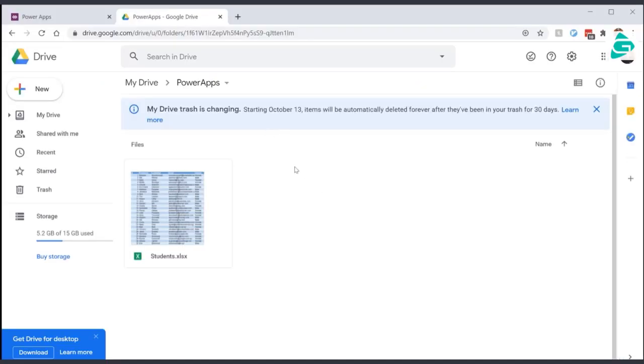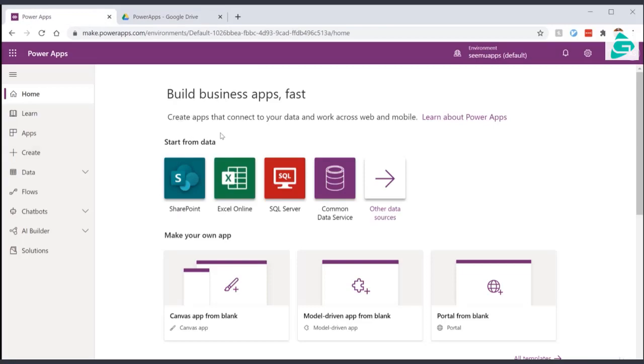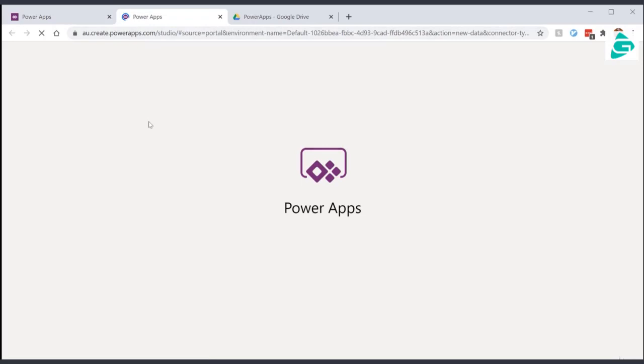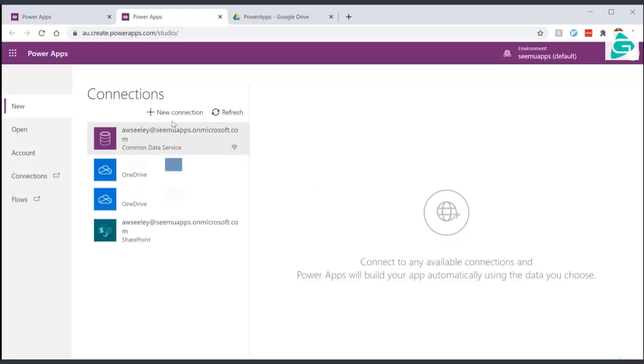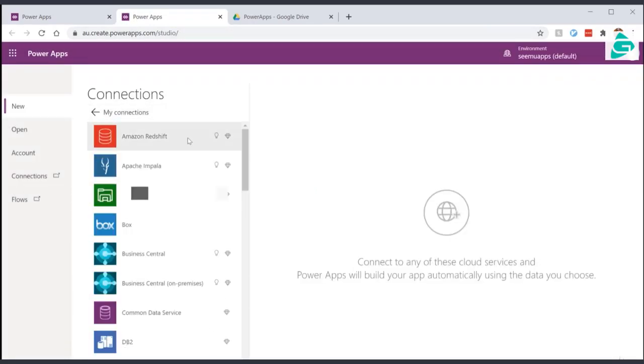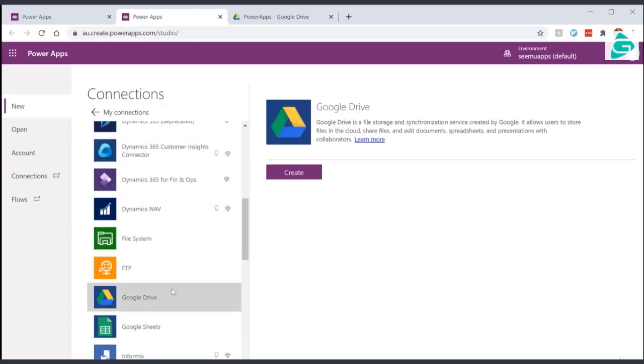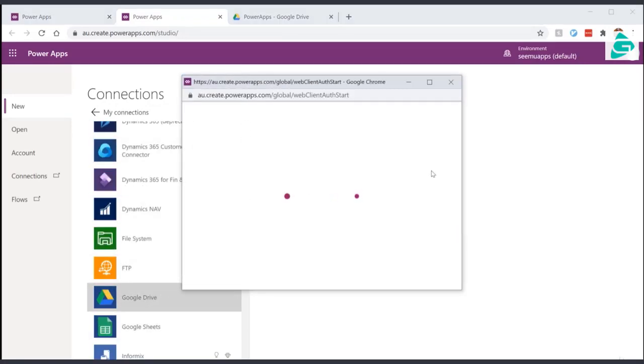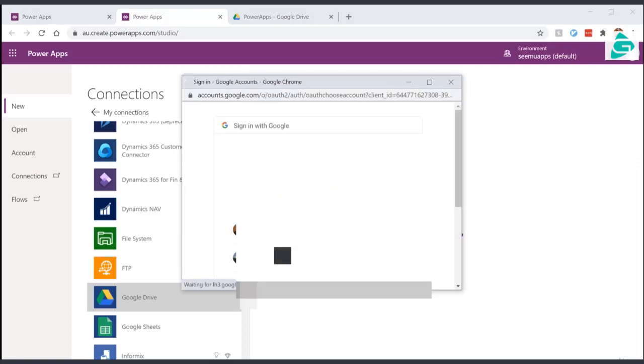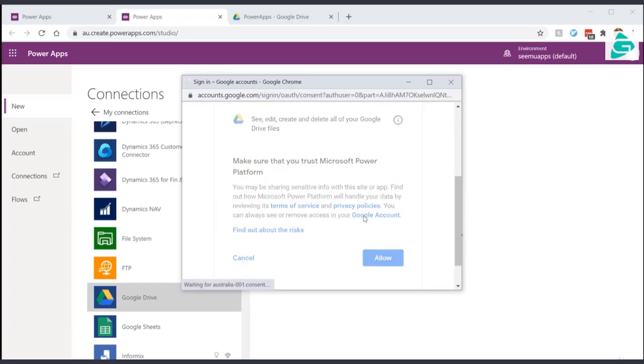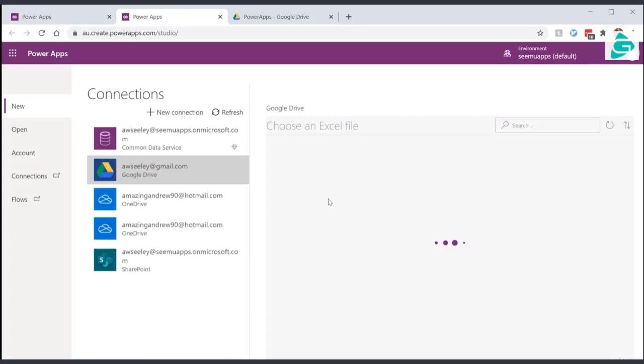Okay, I have Google Drive set up here with my Students Excel file, so let's connect up Power Apps to that file. So back in Power Apps, we're going to go Start from data, then Other data sources, and New connection under here. There'll be a Google Drive option. Select that and Create. Sign in with your Google account. You'll need to allow it to have access, and now